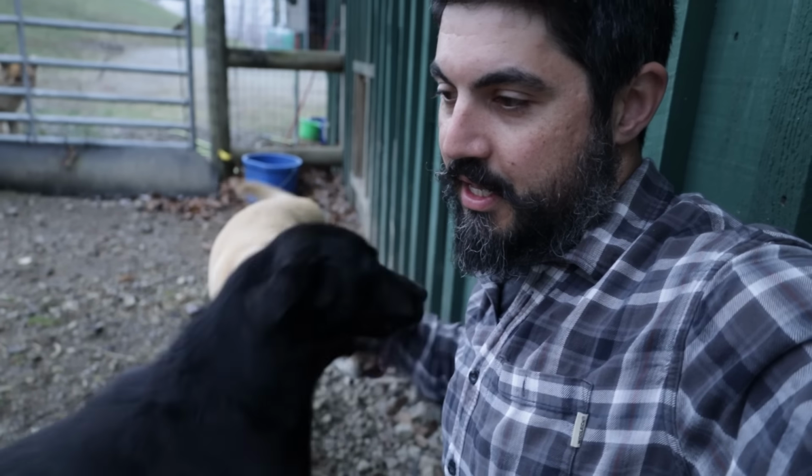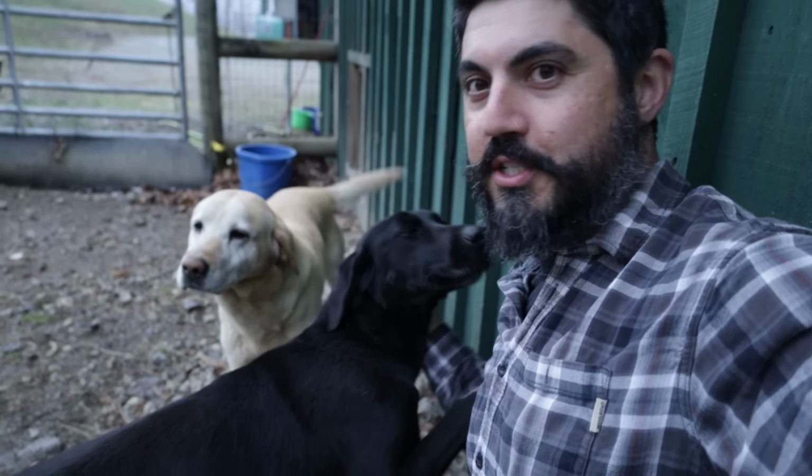Poppy has got many years of bird hunting ahead of her, so she'll definitely be out there on the ptarmigan fields. And probably, honestly, Poppy will get pulling a sled because Poppy has way too much energy and she would love to be hooked up to a sled and pull some people around. So that would be fun. The pups and